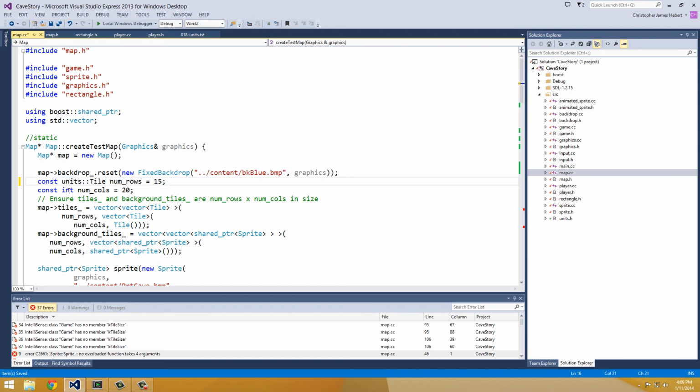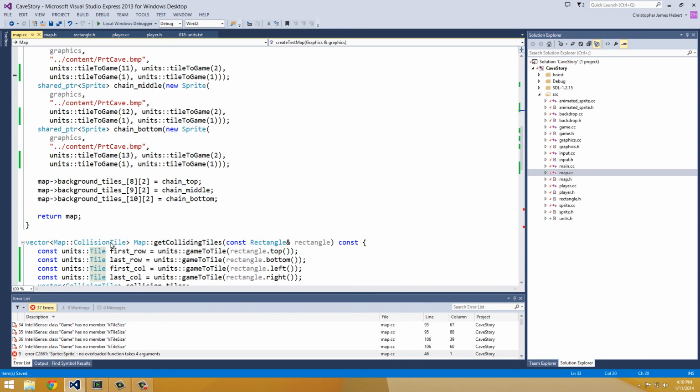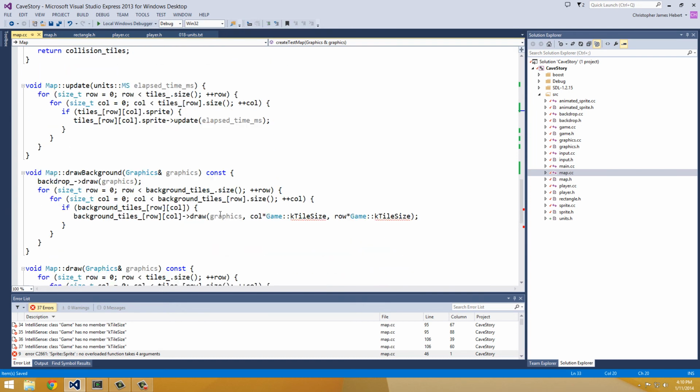These are in tiles. This is a tile. This is a tile. Updating. We're looping over size t. That's fine. We're looping over size t. That's fine. Okay, here we need to convert back to units, tile to game,